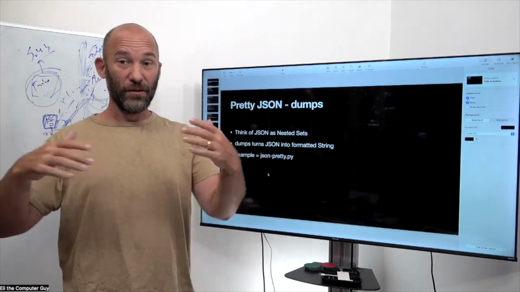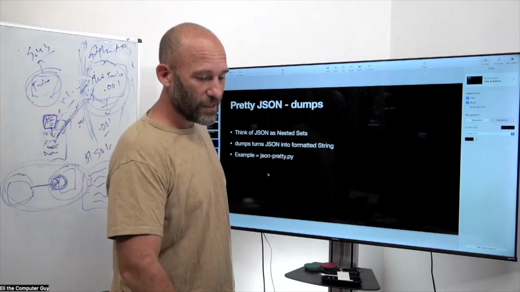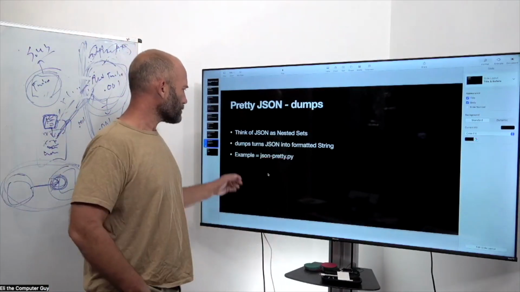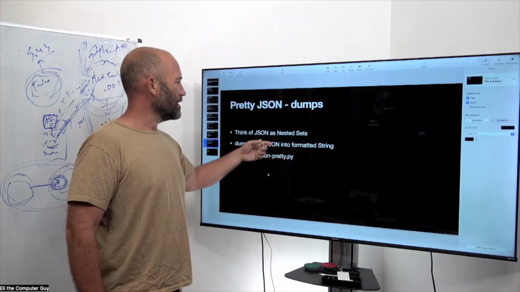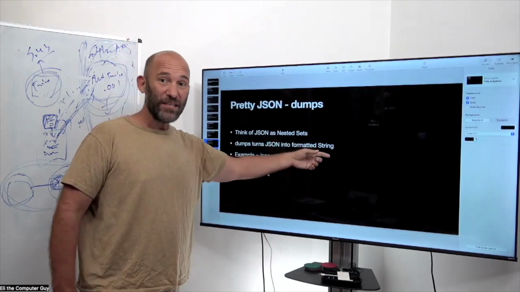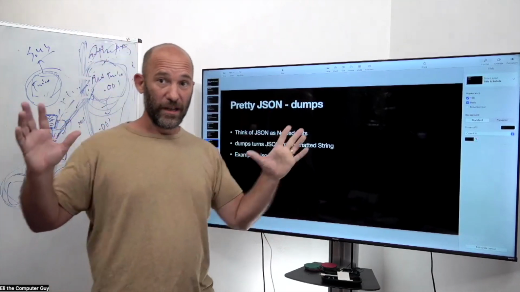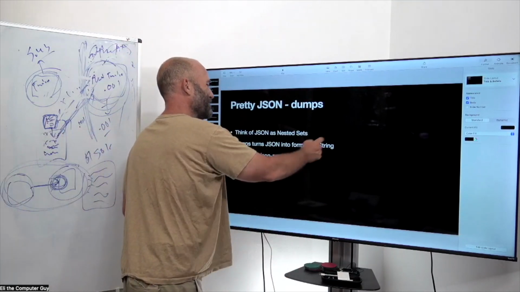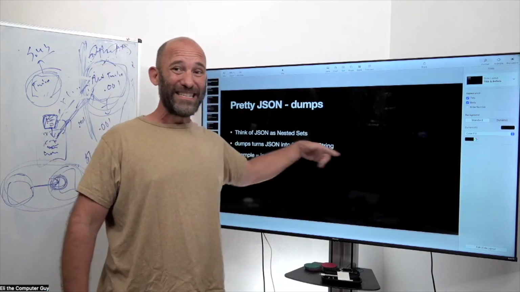And so one of the things you have to do sometimes is visualize what this JSON structure looks like. And that's where the dumps function comes in. Basically, what dumps does is it turns your JSON value into a string that's formatted to look pretty. This whole string thing is important. This will screw you up. So a lot of times when you're looking at examples, instead of simply printing out